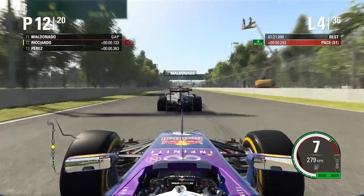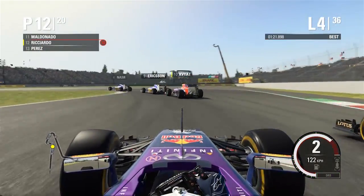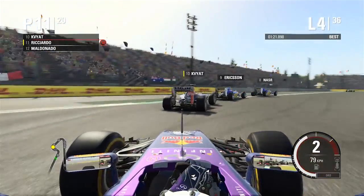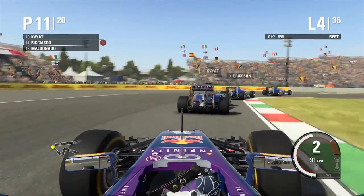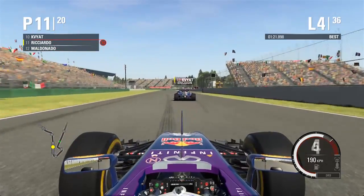We're going to get on the back of Maldonado here, and can we possibly make a move here up the inside this time? We're going to try and brake as late as we can, and we're going to go up the inside. A beautiful move on Maldonado there, and he puts up pretty much no defensive fight whatsoever, and he allows us to go straight up the inside and past him there. We're now on the back of our teammate actually, so Danny Kvyat is the next one on the list, and he's been held up at the moment